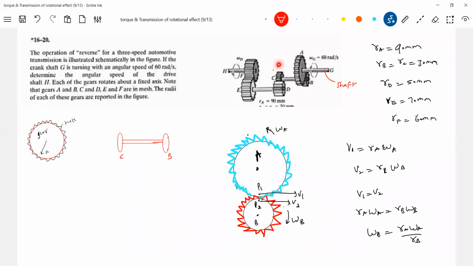It should be. Gear A was having angular velocity like this. So it should be opposite to that. So it should be like this here. Then omega C should be in this direction. Now omega C and D you bring in contact. This is C and this will be D. C, let's assume that